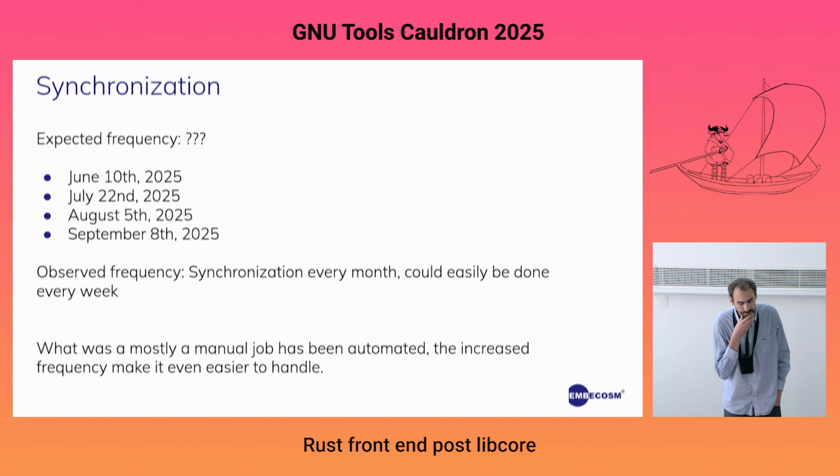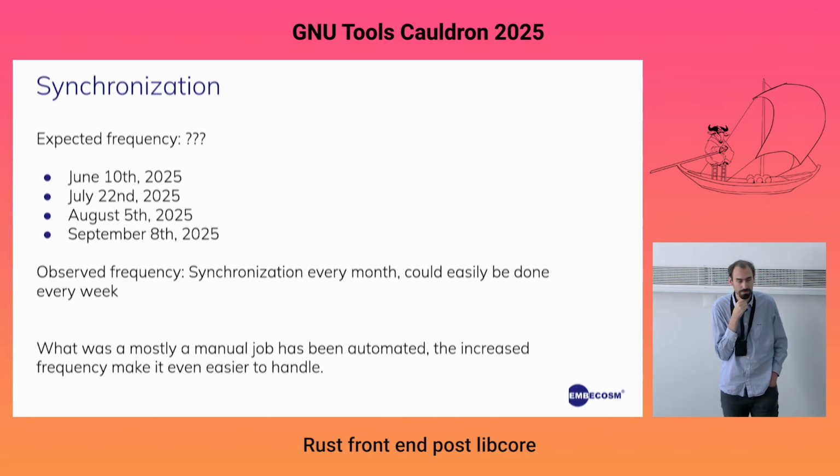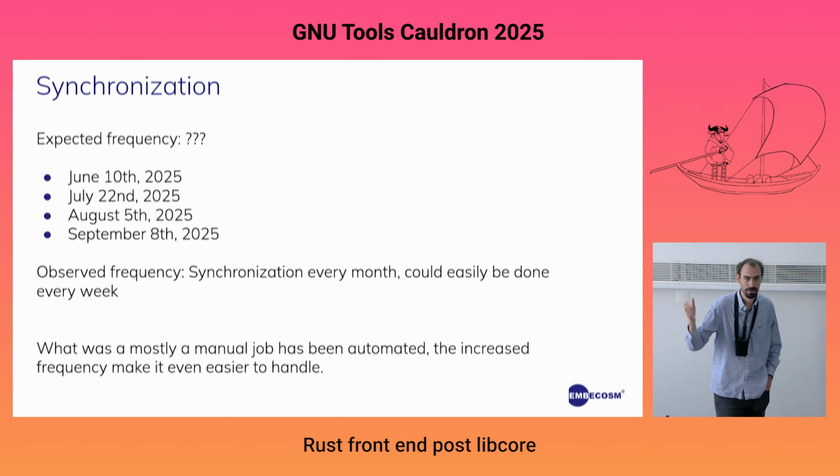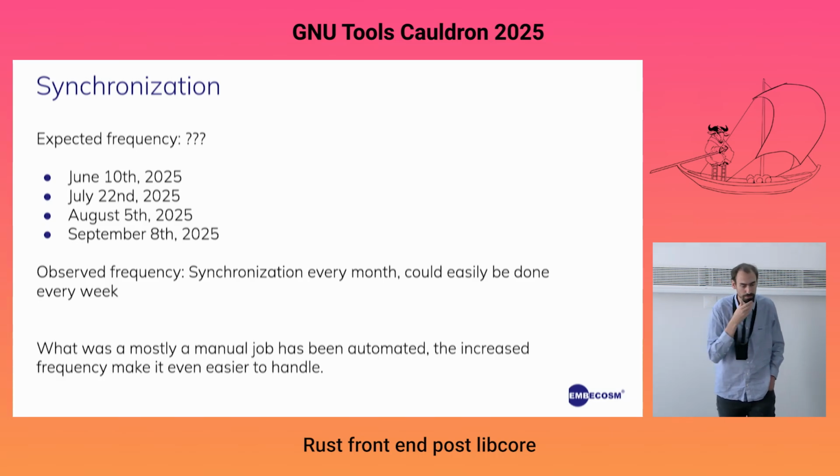Okay, second point is the synchronization. Basically, over the past few years, synchronization was really a painstaking process because we would accumulate a lot of commits from the upstream repository, and we would get widely desynchronized, which meant that we had to handle thousands of commits. It took a lot of time for contributors to synchronize those commits back into our downstream repository.